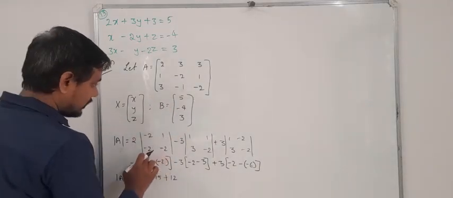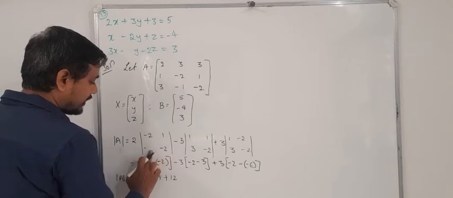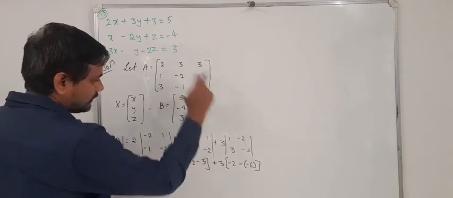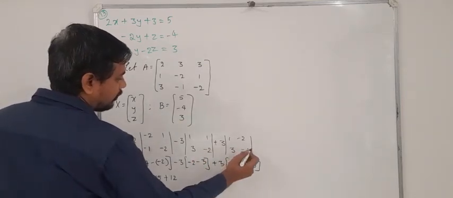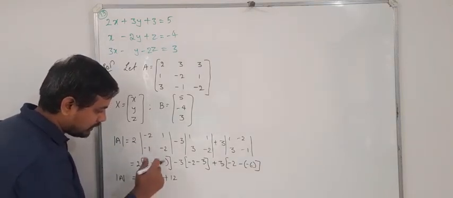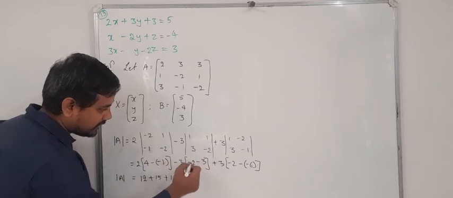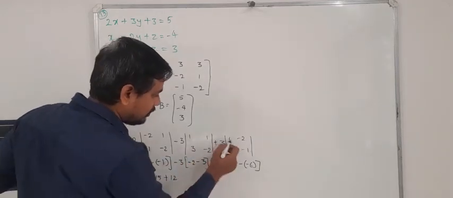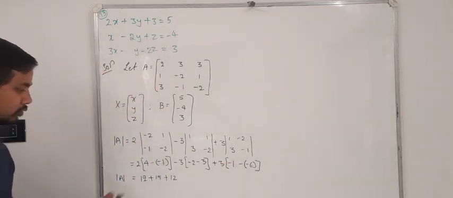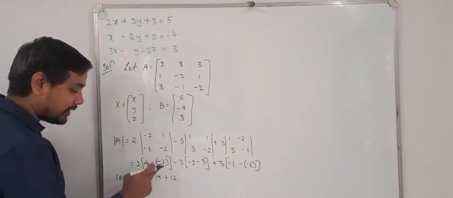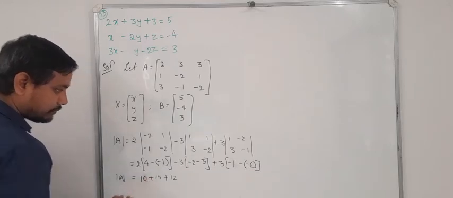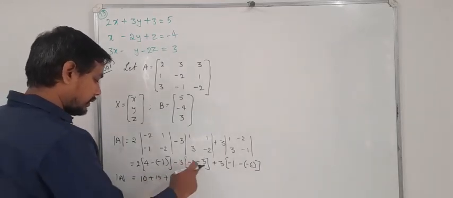So this will be what? Minus 2, 1 and here minus 1. Okay, 3 into, this is okay. This will be minus 1. So what you get here? Minus 2 into minus 2 plus 4. This is minus 1. 3 into minus 2 minus 3. This is correct. 3 into, this is minus 1. Minus 1 minus of minus 6. So minus 4 minus of minus 1 plus 1. 4 plus 1 is 5. 5 into 2 is 10. Okay.